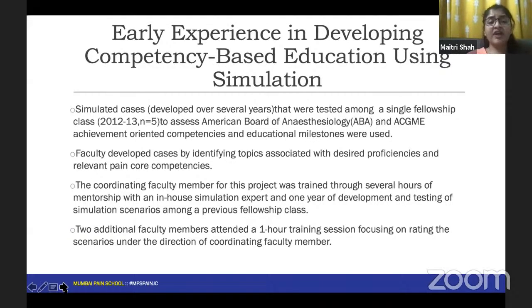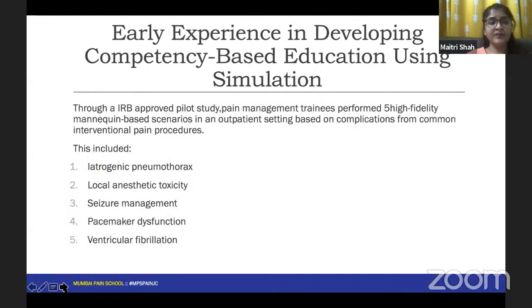The coordinating faculty member for this project was trained through several hours of mentorship with an in-house simulation expert and one year of development and testing of simulation scenarios among a previous fellowship class. Two additional faculty members attended a one-hour training session focusing on rating the scenarios under the direction of the coordinating faculty member. Through the IRB approved pilot study, pain management trainees performed